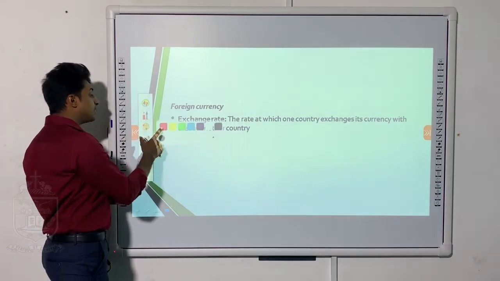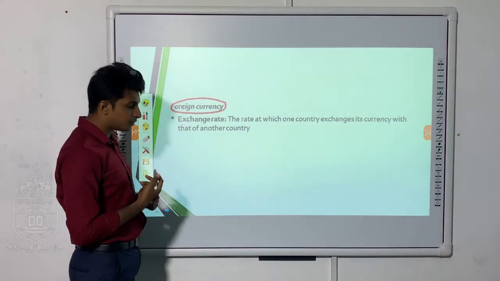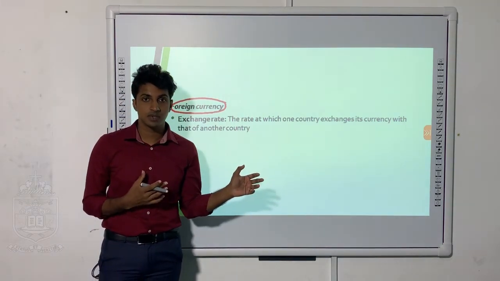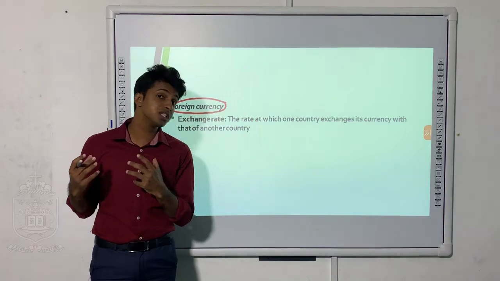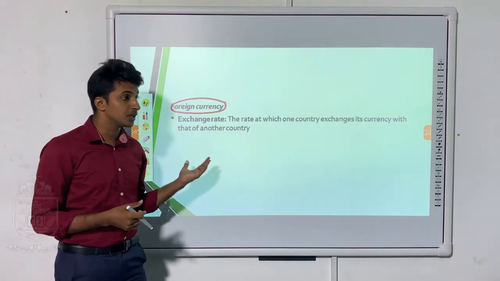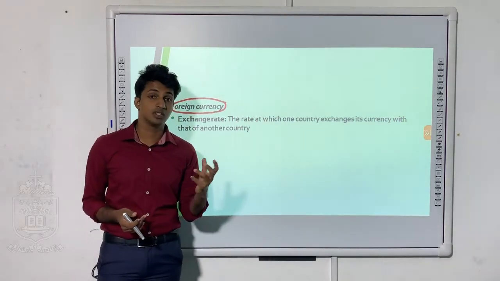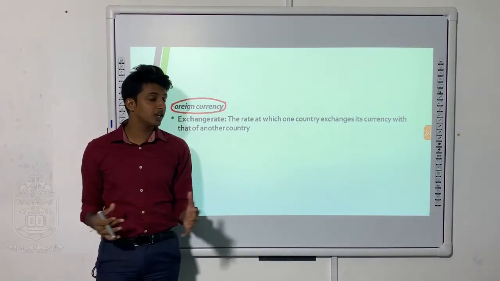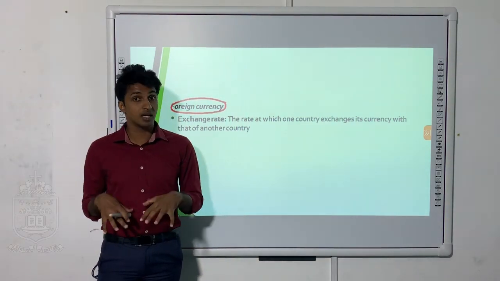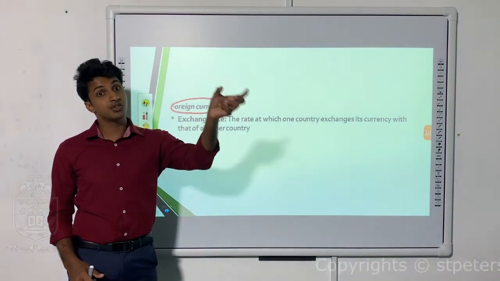Okay, so the next topic in this lesson is actually about foreign currency. I think you know about foreign currencies because in different countries we follow different currency procedures. Every country does not hold the same value for all the currencies. For example, in Sri Lanka we have rupees. For European countries they generally use euros or pounds. In America they use the US dollars. Likewise, different countries use different currencies and they have different values compared to the Sri Lankan value. In this lesson we are basically talking about the Sri Lankan rupee value with respect to other countries.